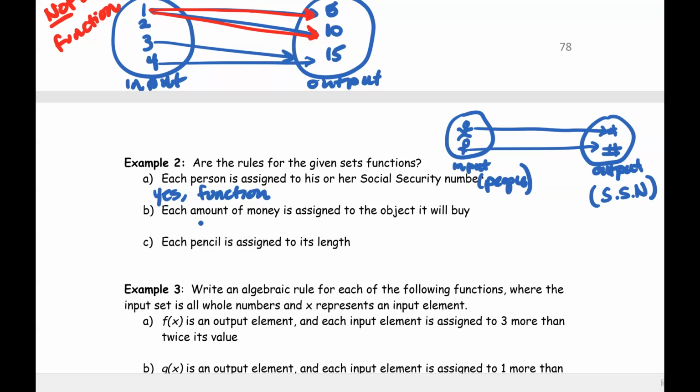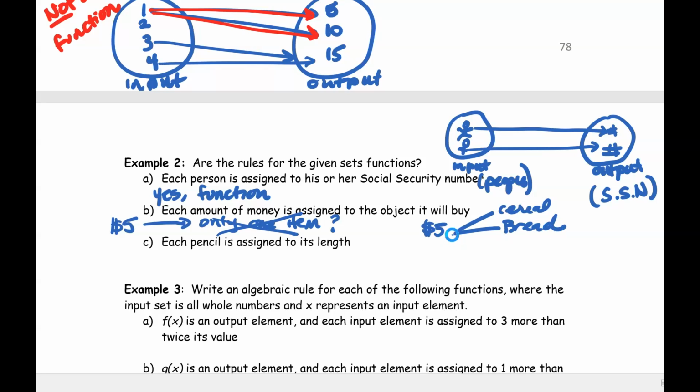Okay, let's look at this one. Each amount of money is assigned to the object it will buy. So, for example, let's say we have a dollar amount, $5. Is that assigned to only one item? So is there only one item in the world that $5 could buy? And the answer is no. $5 could buy a lot of different items. So $5 could buy a box of cereal. It could buy a loaf of bread. It could buy maybe an expensive coffee. I mean, there are lots of things. It goes on and on and on. So we're going to say for this one, this is not a function because the input can go to more